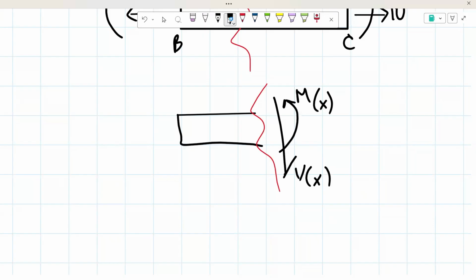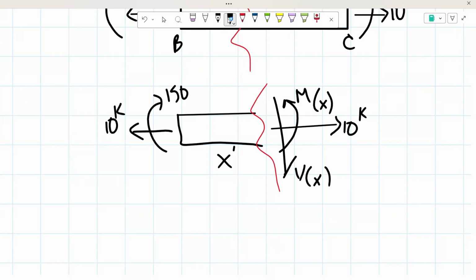From there, we know that we have those 10 kips. And that's it. We know that this distance is, we don't really know exactly where we cut it, so we're going to put that length of that beam to equal x. From there, on this side of the beam, we have our 10 kips. Then we have our 150 kip feet moment acting